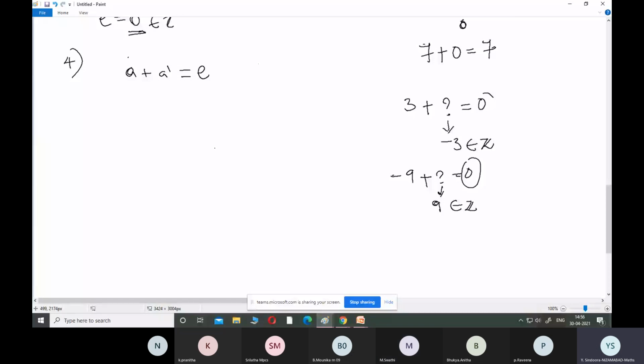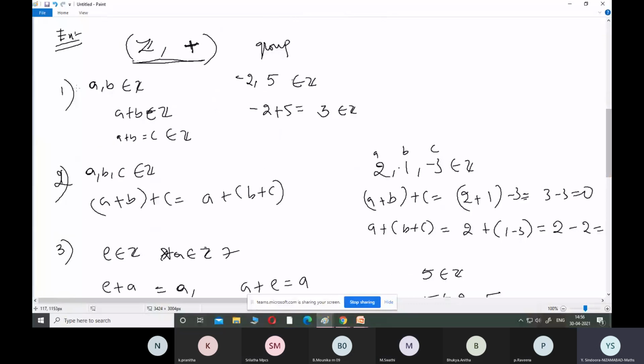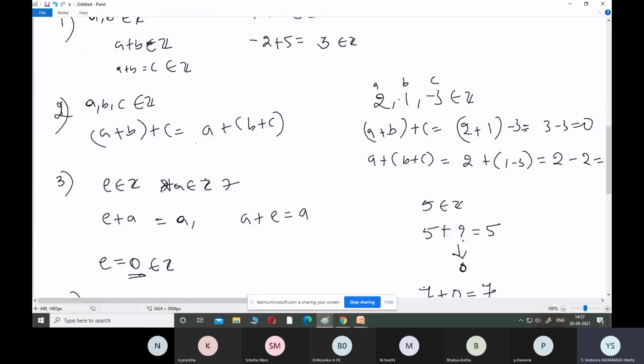Now can I say the set of integers with the operation addition is a group? Yes, it is a group, because it is having a binary operation, as it is closed under the operation. That is, if you take any two elements, the resulting element will again belong to Z itself, and that is why it is satisfying closedness. In turn, it is having a binary operation. The second one, it is satisfying associativity, the third one, it is satisfying identity, and the fourth one, every element is having an inverse.